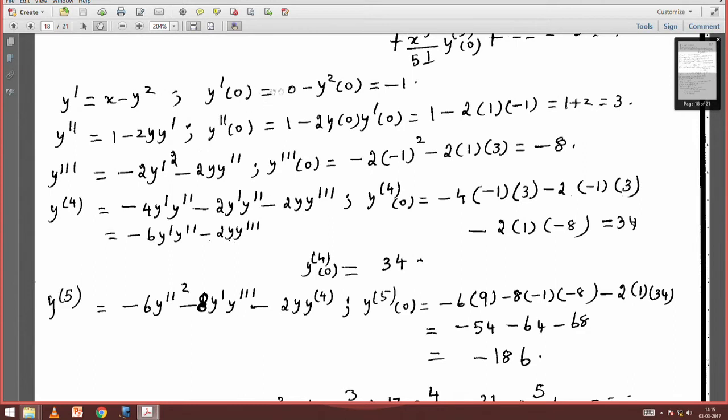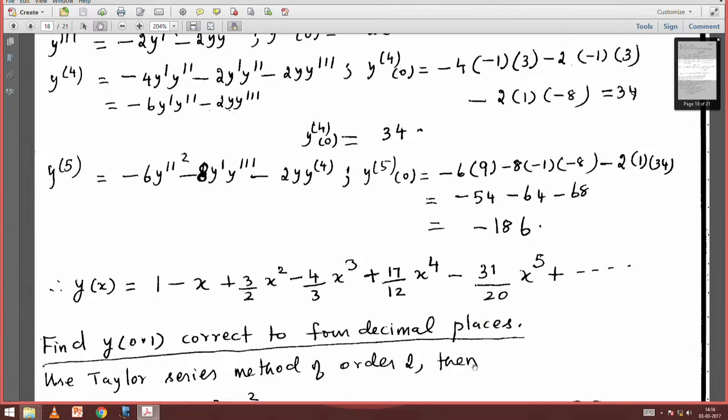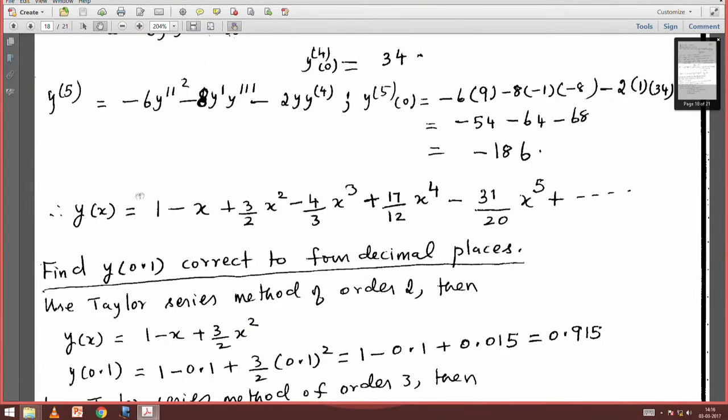and the values of these derivatives at 0 also have been computed. So, y prime 0 is -1, y double prime 0 is 3 and so on. So, the values of the derivatives are also evaluated at this point. So, we write down at any x the solution is given by y of x is equal to 1 minus